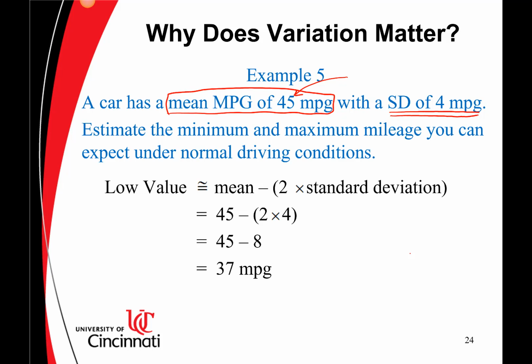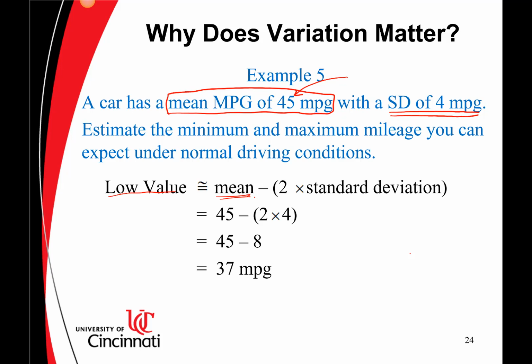Now remember, one standard deviation is 68%, 2 is 95%, 3 is 99.7%. Most of the time, 95% of the time, that's 2 standard deviations. If you're interested in 95% of the time, what's the worst you're going to get? What's the minimum? That would be 2 standard deviations. So to figure out the low value, you take whatever your mean is, 45 miles per gallon in this case,